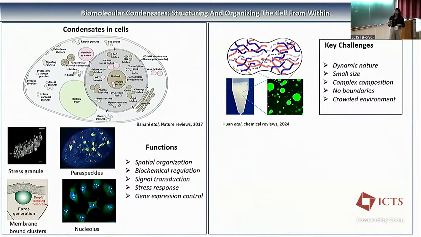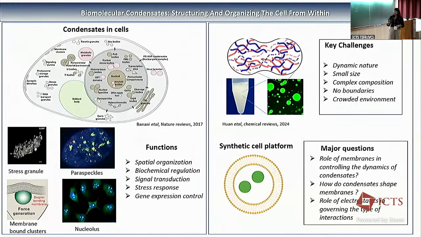So what people basically do is isolate LLPS-forming proteins, or make liquid-liquid phase-separated droplets in in vitro systems and study their properties in isolation. So in our work, we use a synthetic cell platform, an artificial cell-like system, inside which we assemble condensates and then study